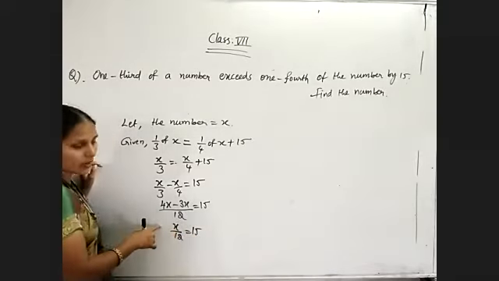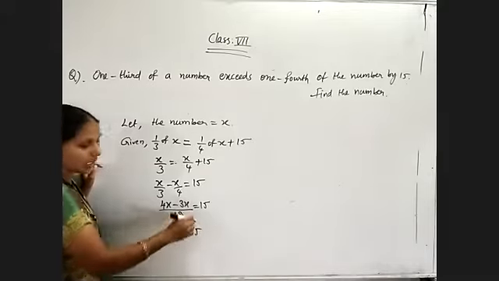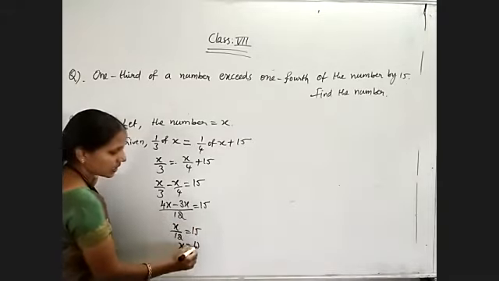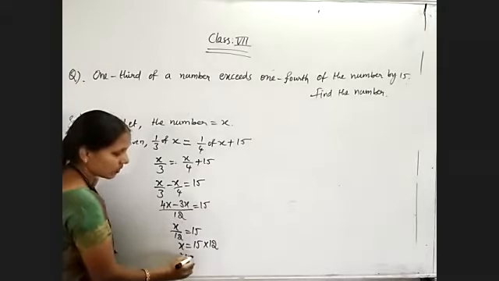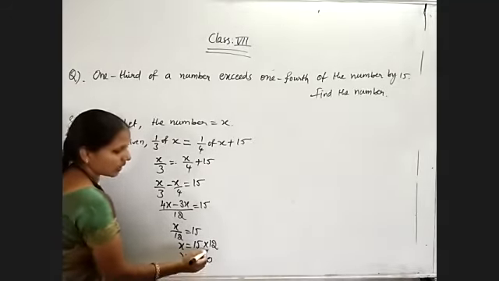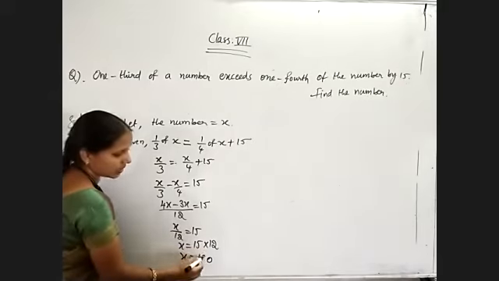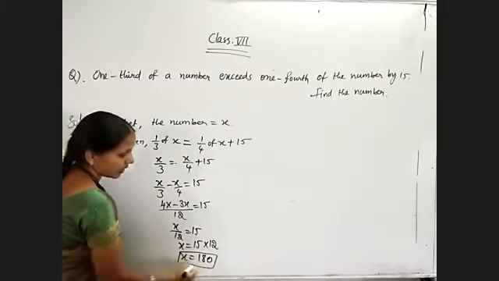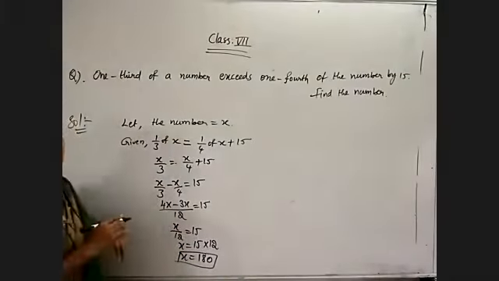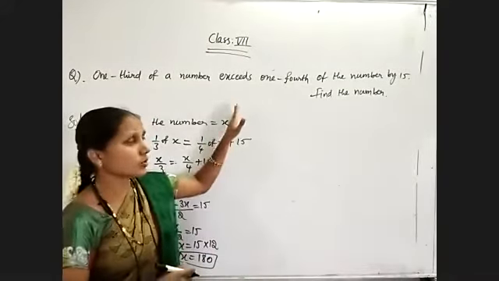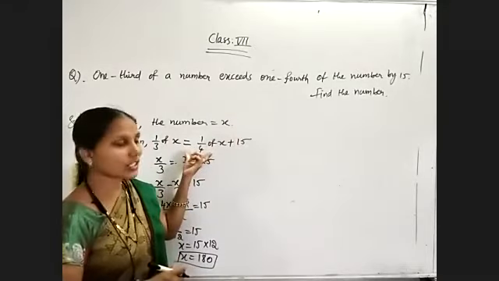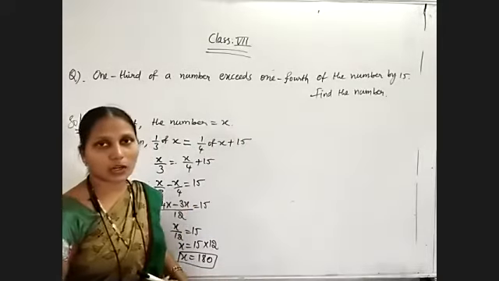So we want the x value, by 12 is there. Bring this side. So x is equal to 15 into 12. That's all. 15 into 12 is 180. So the required number is equal to 180. So these are very simple questions. Whenever a statement is given, try to write the equation with the given relation and simplify. You will get the unknown value.